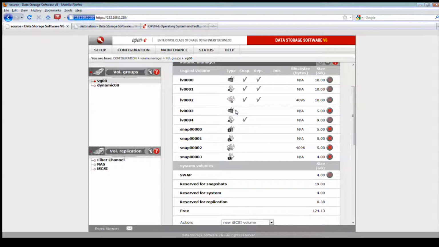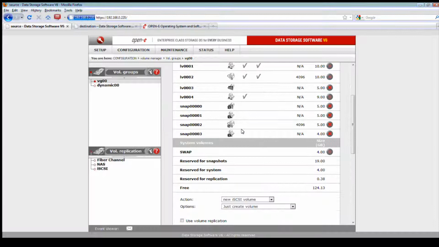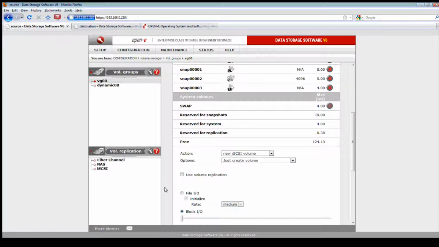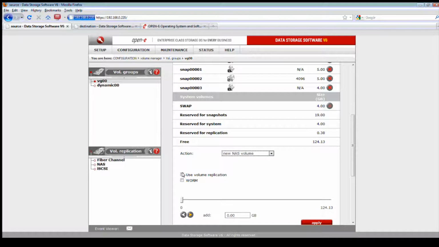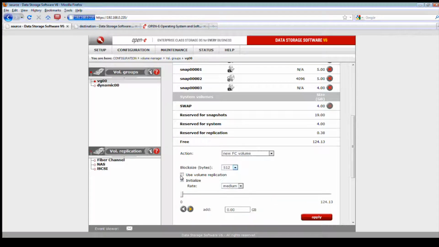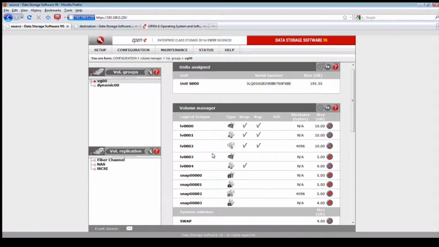All right, so we've got a lot of things to talk about here, so I'm not going to go into each of the steps and how to make it. A lot of you already know, and there are a lot of documents supporting the basic, simple steps to create the iSCSI, NAS, and Fibre channel volumes, and also to specify them to be used with the volume replication. So even for the NAS volume, select NAS for use with volume replication, and also for the Fibre channel, use volume replication as well.